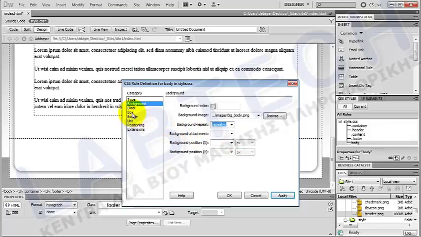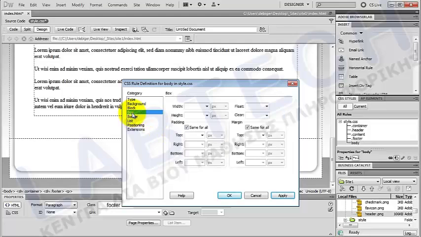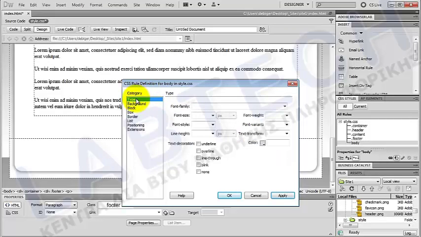Okay, I go to box, and I have a 15 pixel margin on my body tag. It's basically there by default. In CSS everything has a default value, but I can change it. I just change my top margin to 0, so I'm not gonna have that 15 pixel margin above my header image. I go to type, and I'm gonna define my font in my body tag,